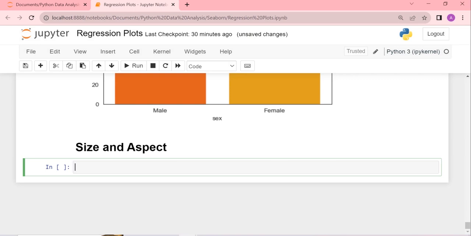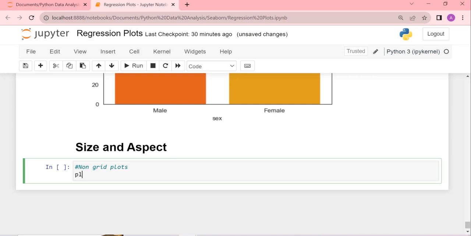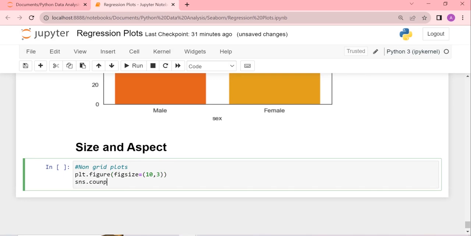So here for a non-grid plot, I can say plt.figure, and to that I can pass figsize equals, let's say, the width is 10 and the height is 3. And then I can do sns.countplot of x